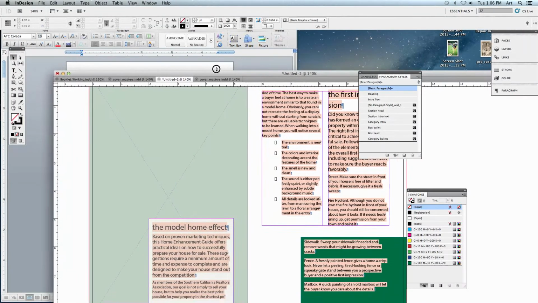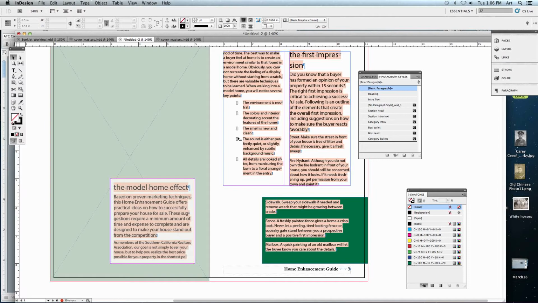So what we need to do is erase the styles that she's created. You can see there's the section header, there's the introductory text, and some other different styles that have been created. We either need to erase them or we need to edit them. Let's make sure I follow along the book to have everything going well. In the paragraph styles, the first one we're going to delete and get rid of is the